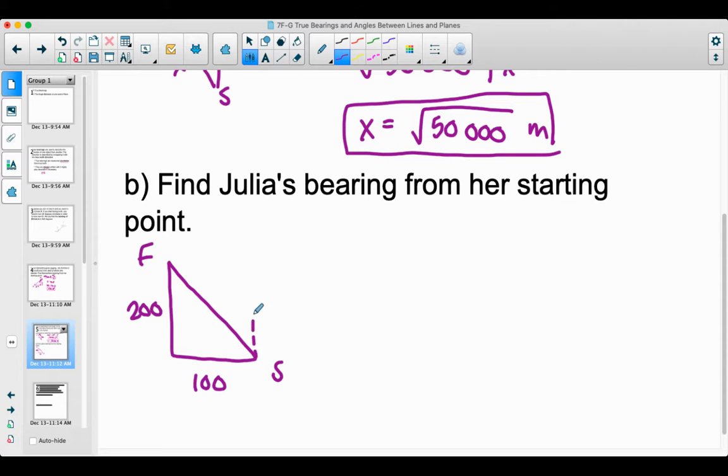So again, true north is going to be that direction, and we have to go clockwise. That's the part that I'm finding. If you think about the coordinate plane like this, when I move from here to here, that's 270 degrees. So I want